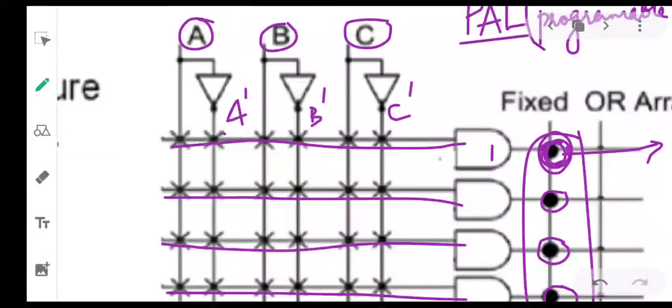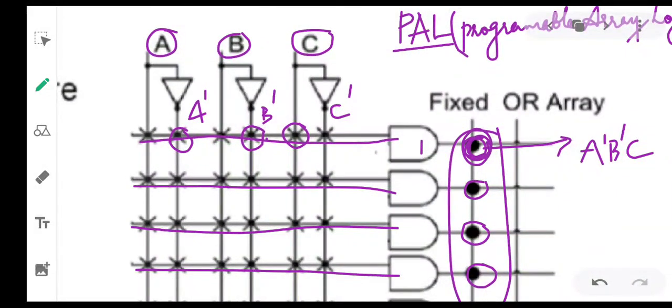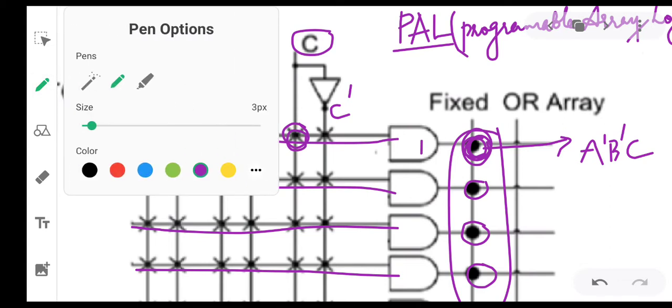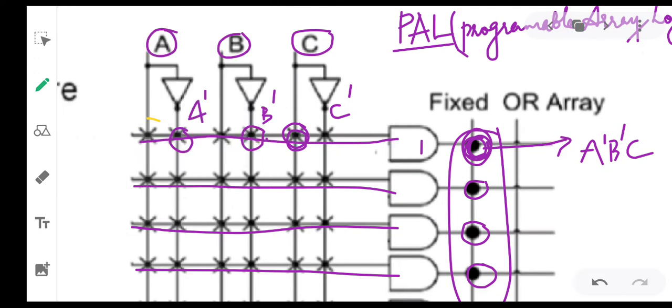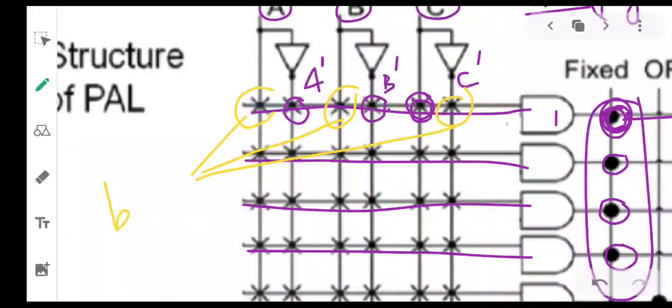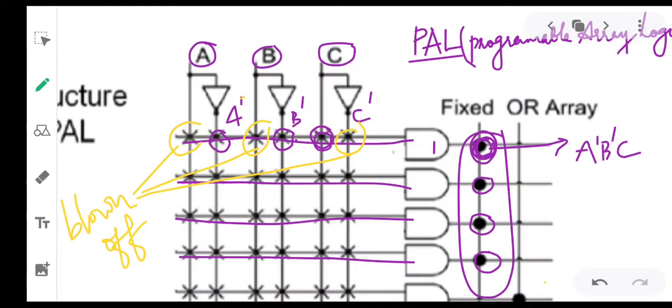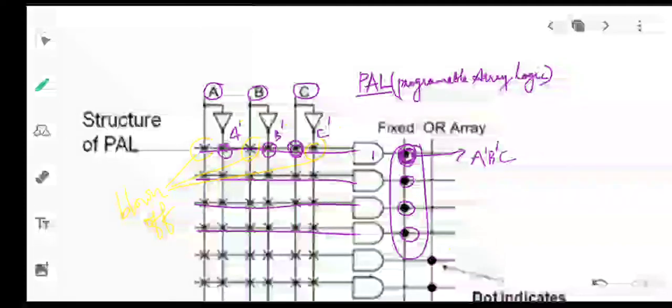So A complement, B complement, and C are taken, and all the other connections are blown off. I am just blowing off this connection and this connection. All these yellow connections are blown off, that is disconnected, and the only connections that exist are A complement, B complement and C. That is the first AND gate.